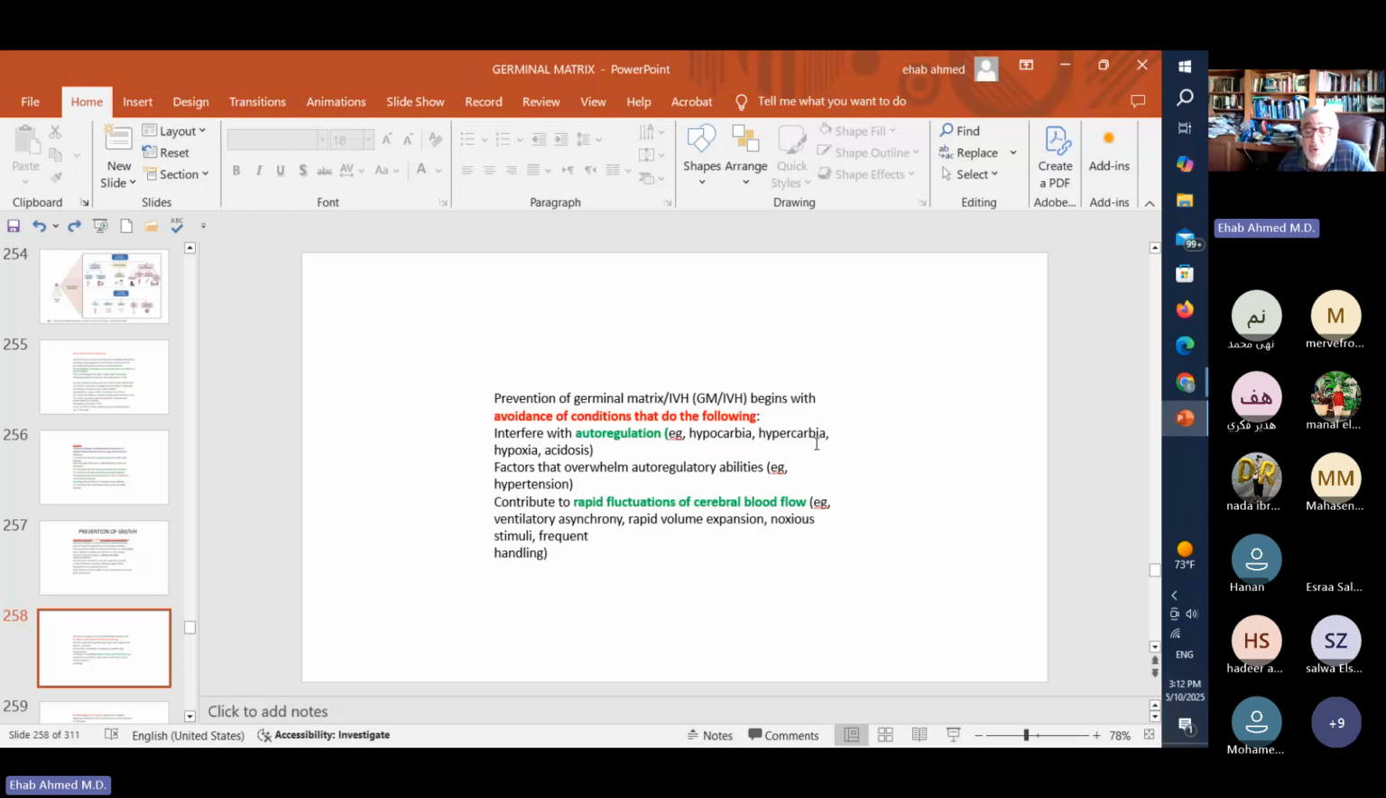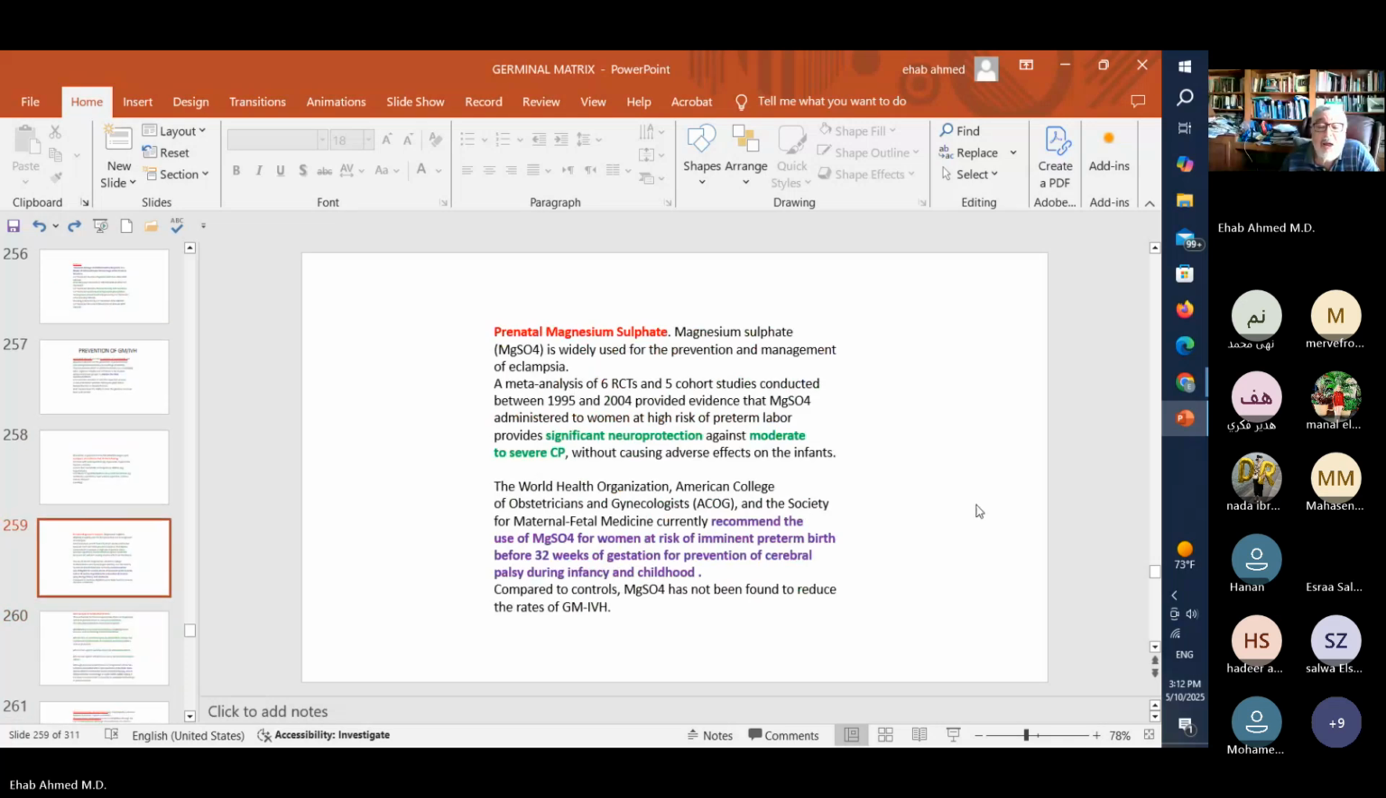And good monitoring and cranial ultrasound is extremely important. Okay? Factors interfering with the autoregulation: hypocarbia, hypercarbia, hypoxia, acidosis, we mentioned that before. Blood pressure problems, blood volume replacement and fluid resuscitation, extremely important. And then